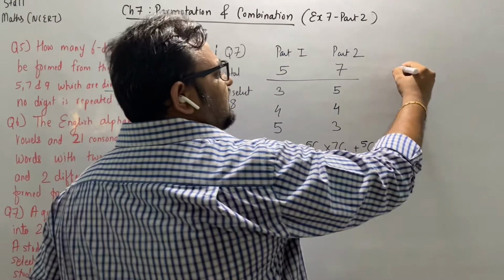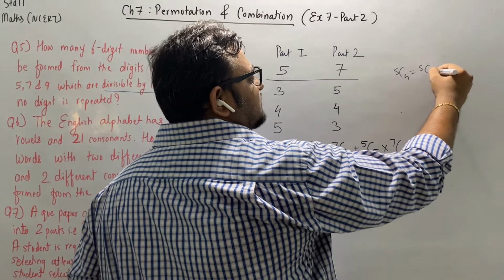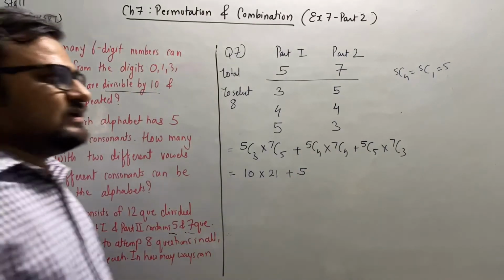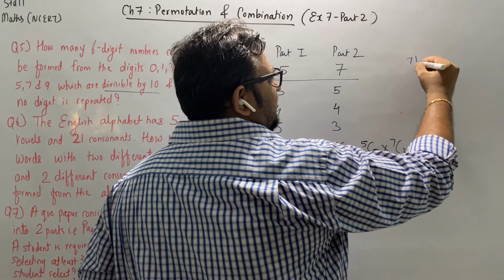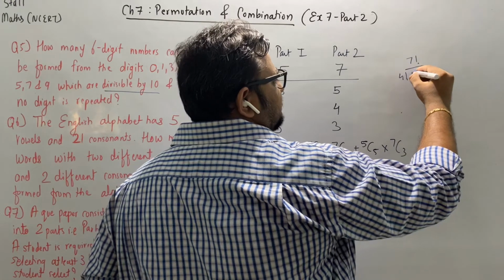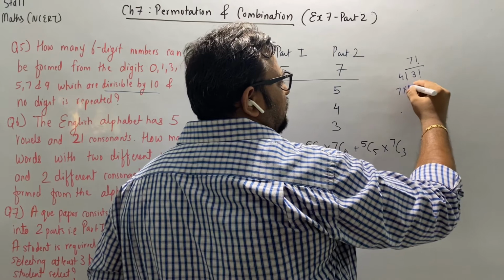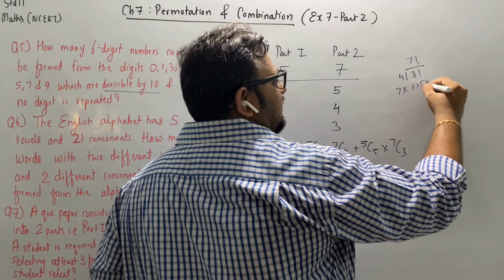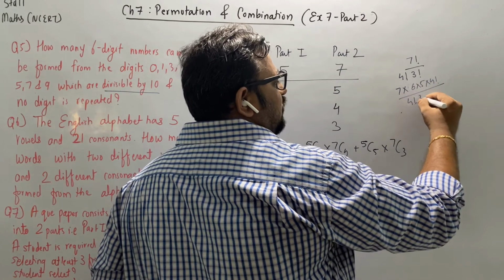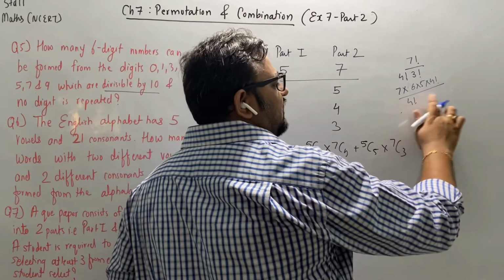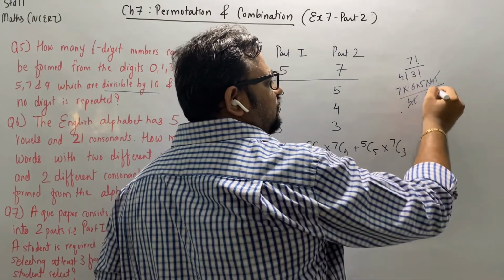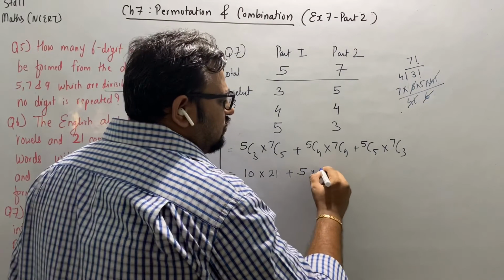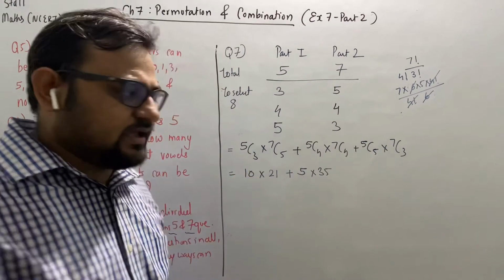5C4. 5C4 is equal to 5C(5 minus 4), which is 5C1, that will be equal to 5, our shortcut. Okay, 7C4 is 7 factorial upon 4 factorial into (7 minus 4) 3 factorial. 7 into 6 into 5 into 4 factorial upon 4 factorial into 3 factorial, which is 6. So 4 factorial cancels, 6 cancels, and 7 fives are 35. So this will be equal to 35 plus